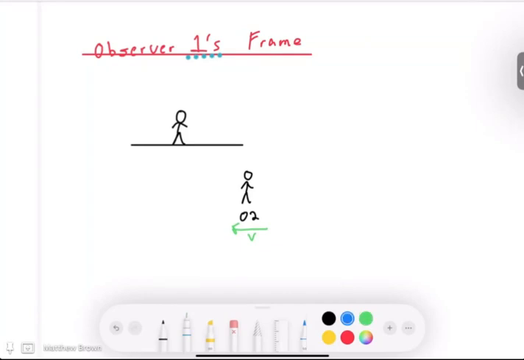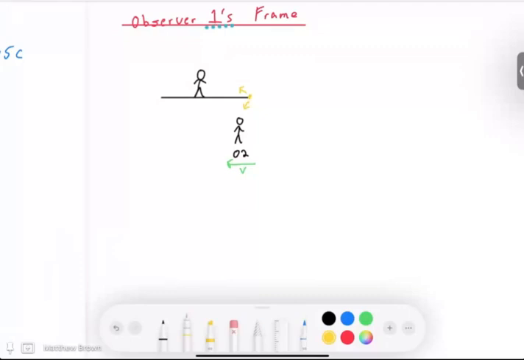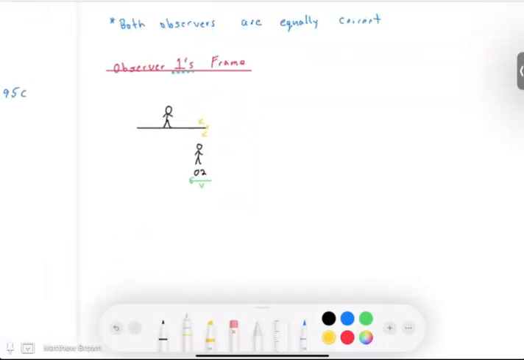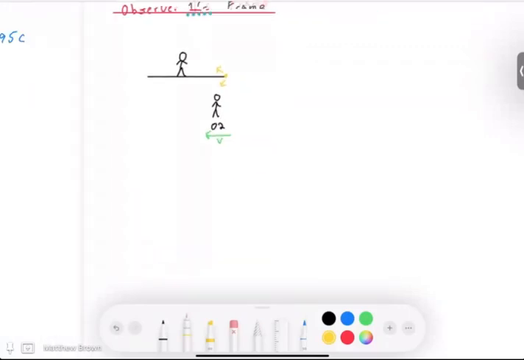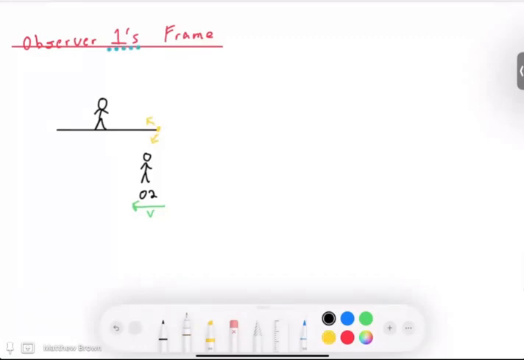And observer 2 has to see the light from here start out first. This event happens first. Maybe I could have drawn that a little bit more here. This event happens first. And then if we go a little bit later, I don't know if I should go sideways here or down. I guess I went sideways on the other one. And then in the next frame,